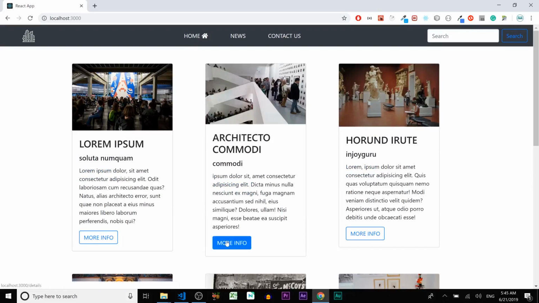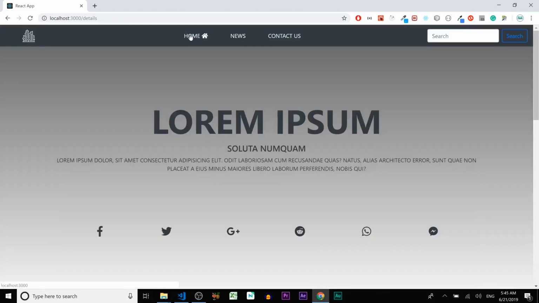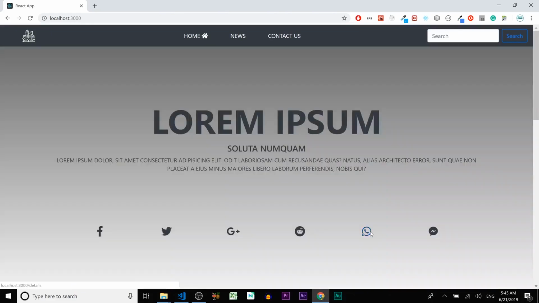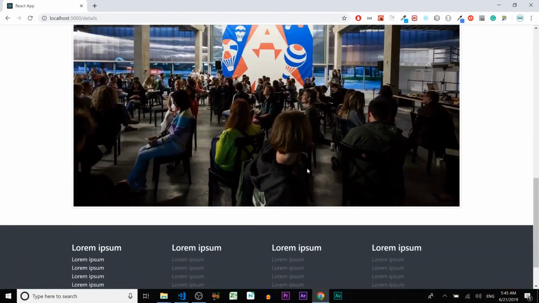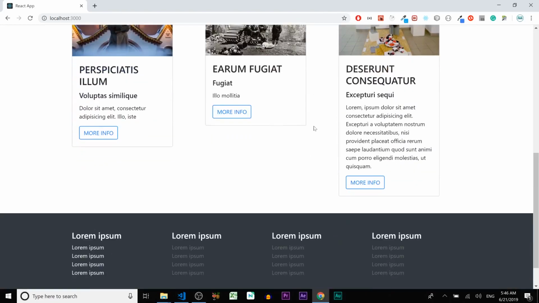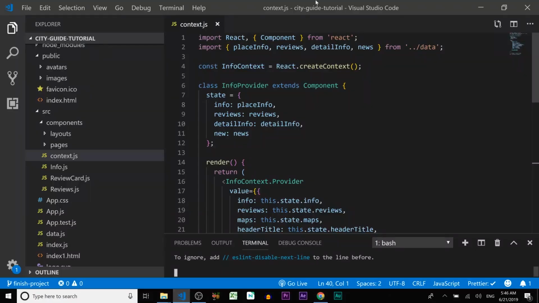If we click on different cards, we're supposed to go to the details of this place, but we open the first one, this one. So let's fix it to open individual cards, I mean the info of the individual place. To do that, let's open our code editor in the context